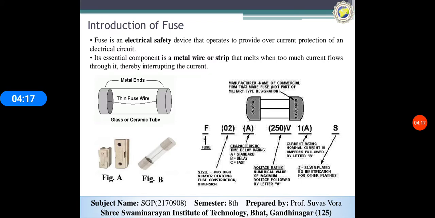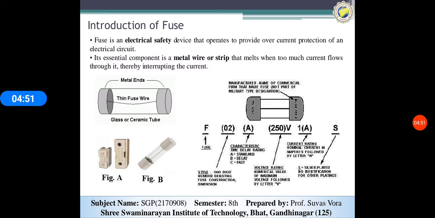Standard means in our domestic houses, it requires only a few seconds, instantly the metal or thin fuse wire will melt out. Delay means in our power system somehow the fault will not be permanent but temporary. At that time this is called the delay. And C means the fast.